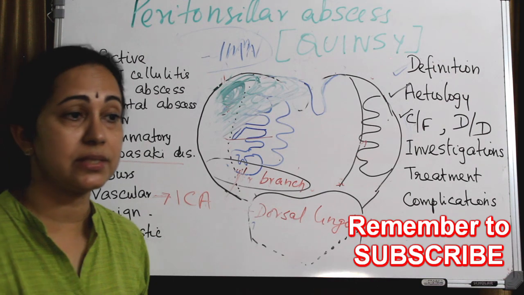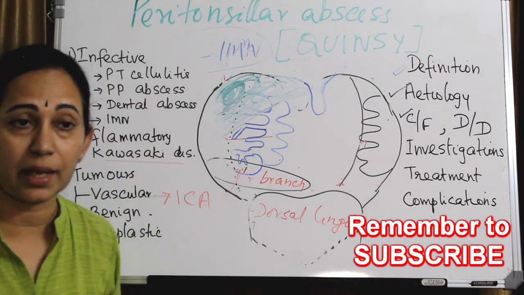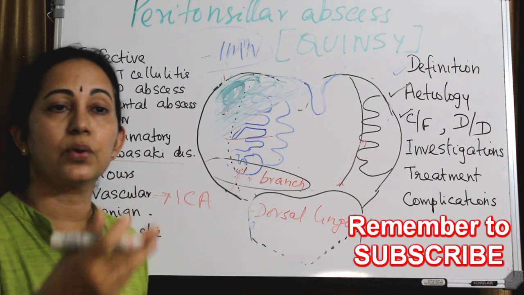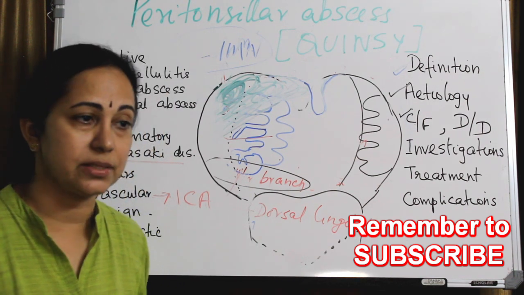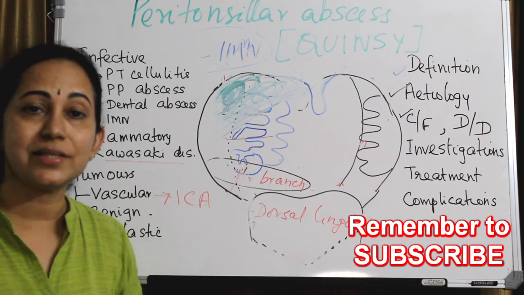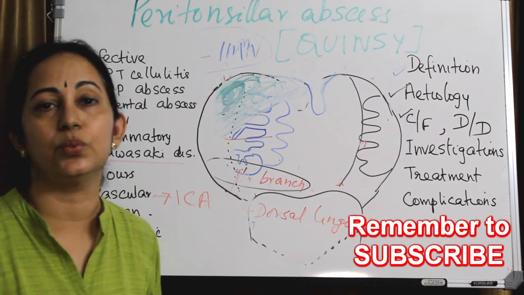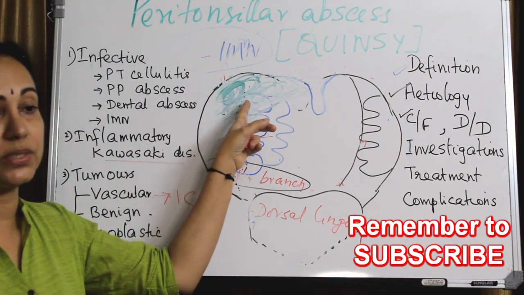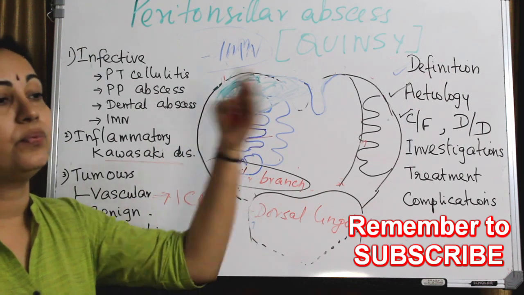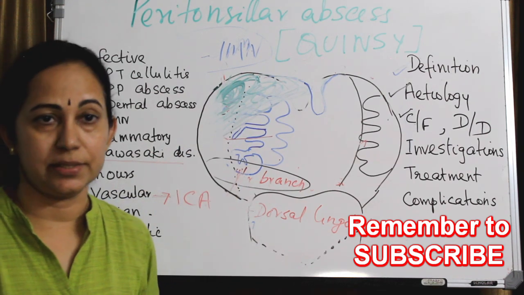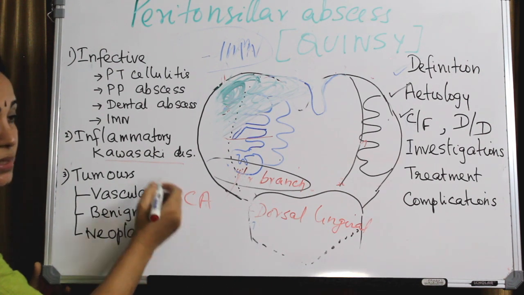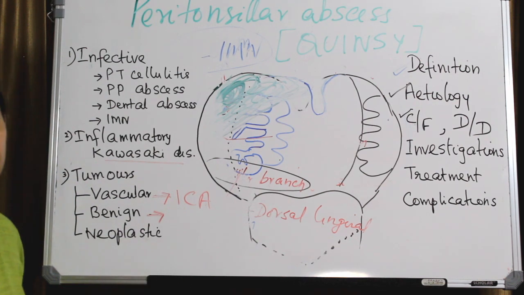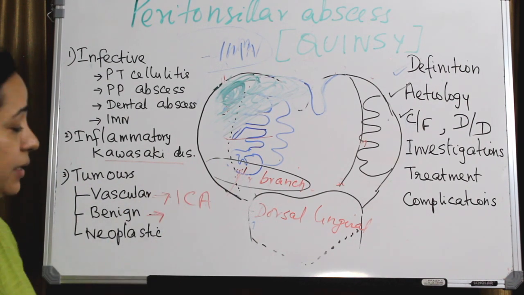So what is the dangerous, catastrophic complication that can happen? If you directly go thinking that it is a peritonsillar abscess and do an incision and drainage, think of this condition. That is why it is always advisable to do a wide bore needle aspiration of this area before going to incision and drainage. The differential diagnosis is a post-traumatic internal carotid artery aneurysm, and then benign lesions like lymphoepithelial cystic lesions in this area,